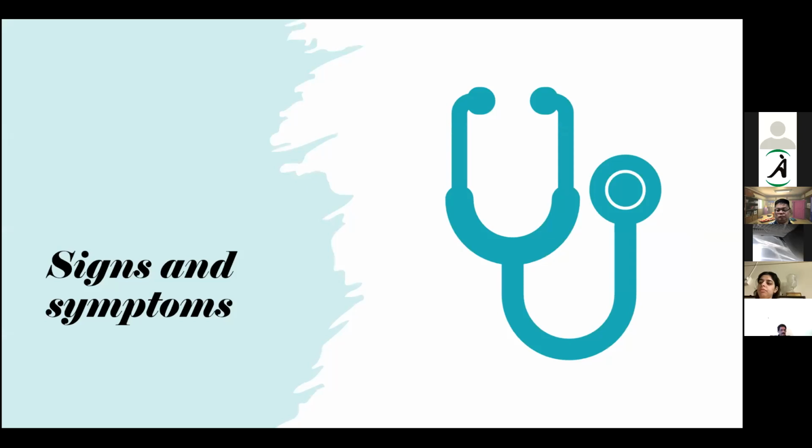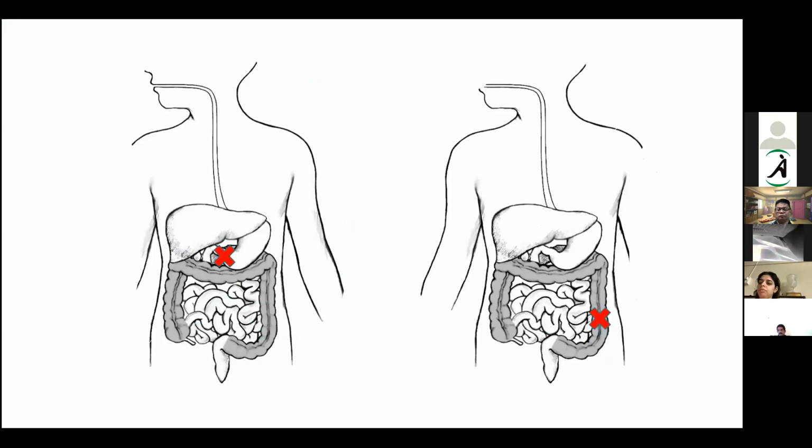So coming to the signs and symptoms. Signs and symptoms vary according to the site of obstruction. We have seen that we can divide the bowel obstruction into upper GI obstruction and lower GI obstruction. The symptoms also vary between them. For example, let us take an obstruction here in the gastric outlet. There are two options. If there is an obstruction, the bowel can try to push it downwards beyond that obstruction, or it can take it backwards and take it out through the mouth.